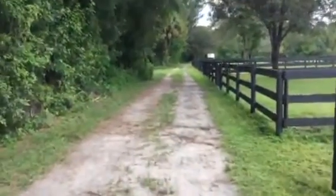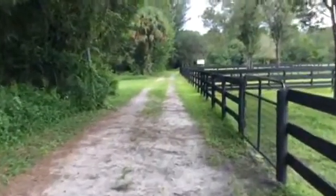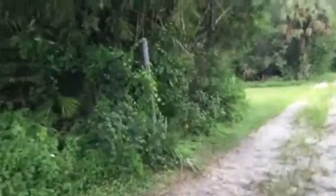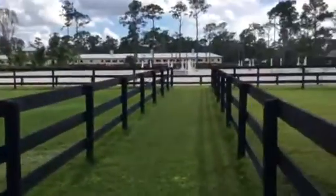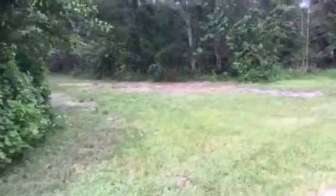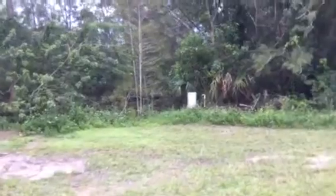So now we're walking back the property. This is all area to ride, so you're not being stuck in the ring. You're walking back here, and like I say, this is the neighbors. It's wooded, but here's the place where paddocks, ring. Area right there, that's where they keep their manure bins, and the neighbors, they don't mind. But we're changing that. And there's the water reservoir that we're allowed to use to water the rings and the fields